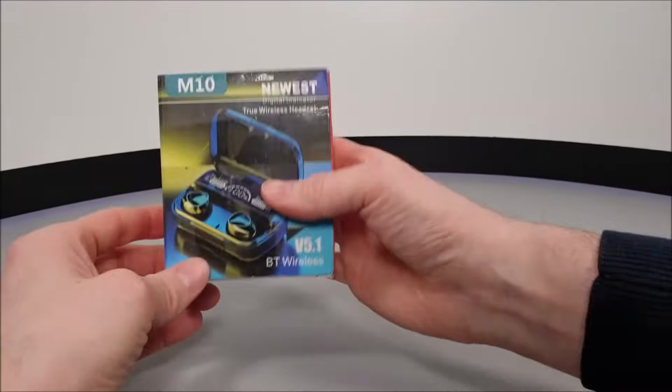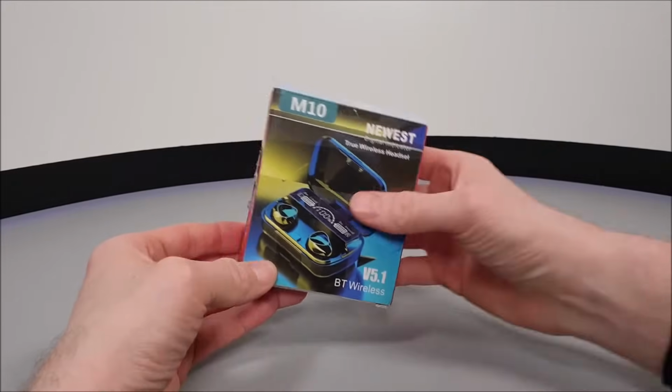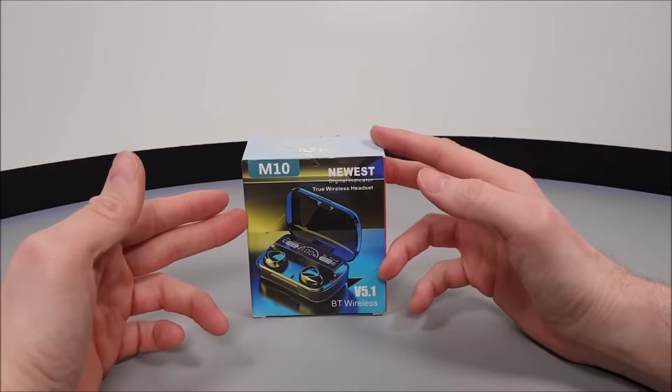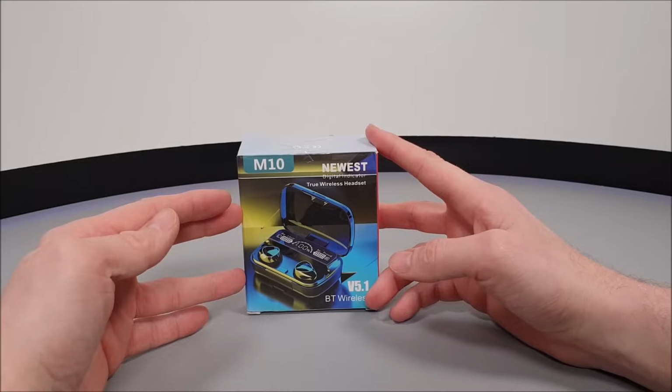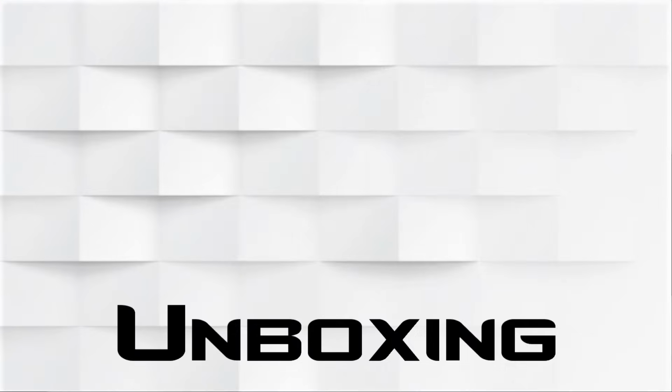But nope, on this channel we don't simply rely on the printed text on the side of the box. No. So we will in fact be testing this out as well as many other aspects over the next few days. But for now, inside the box,